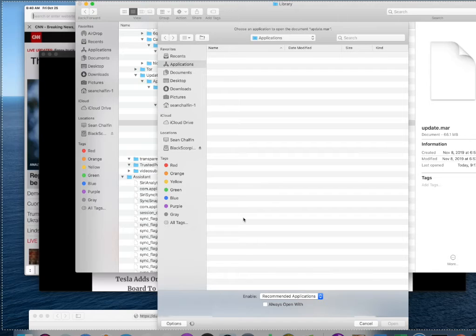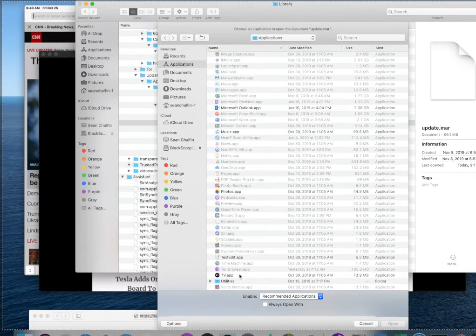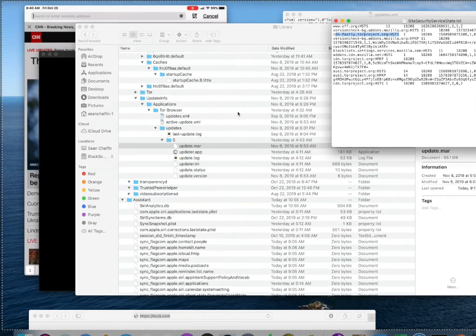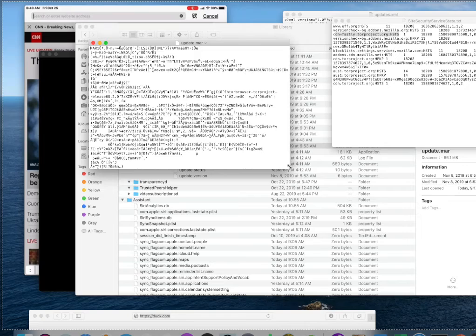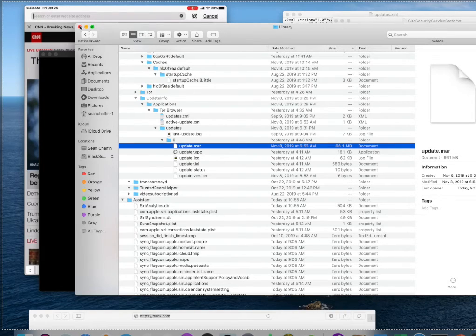This 66 megabyte file is now encrypted. However, on December 20th, I discovered this file not being encrypted.